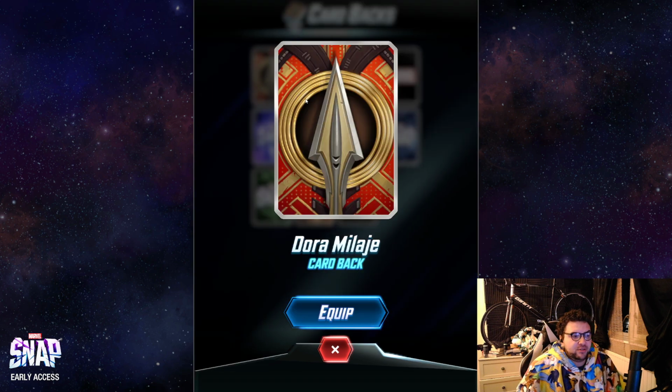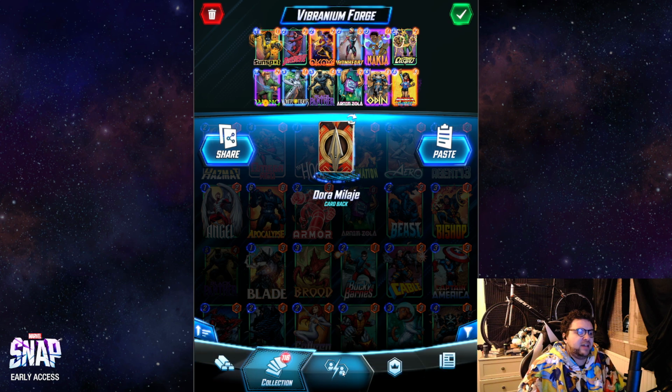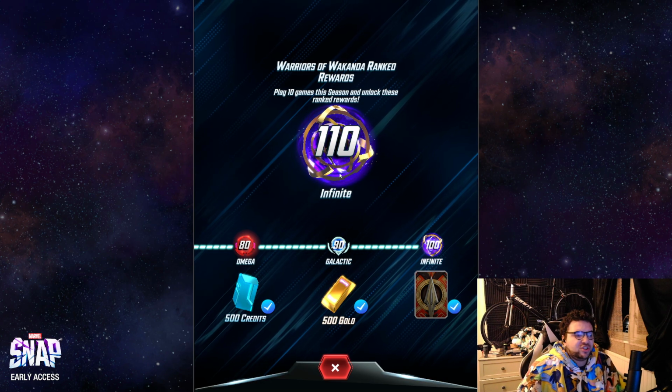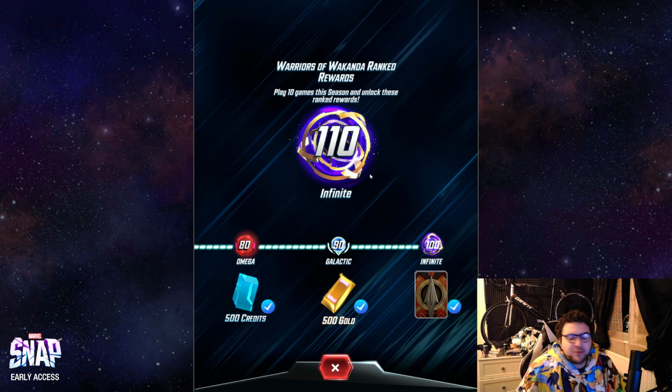But this is just to show you these are the card backs. This is this season's Infinite card back, and this is the Venom card back from last season, and right now we're sitting at 110, right? So Infinite this season started off at 70, got back to 100 in Infinite in about 3 days. Okay,